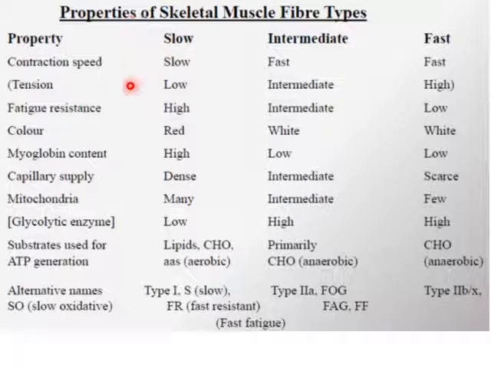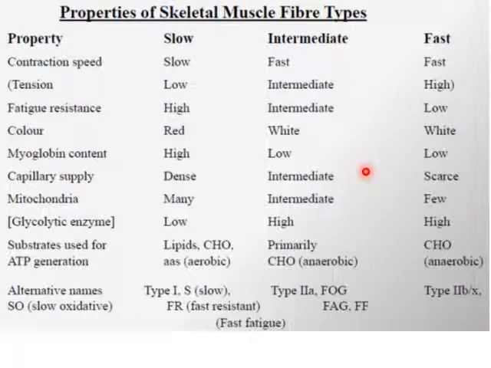Now, what are the main differences? We'll see. First difference is contraction speed. Obviously, in slow fibers it is slow. In intermediate and fast, it is fast. The tension developed is low in slow, whereas in intermediate it is intermediate, whereas the tension is very high in the fast fibers. Fatigue development is very slow in slow fibers or type 1 fibers. It is intermediate in the intermediate fibers, and very quickly the fast fibers set into fatigue.